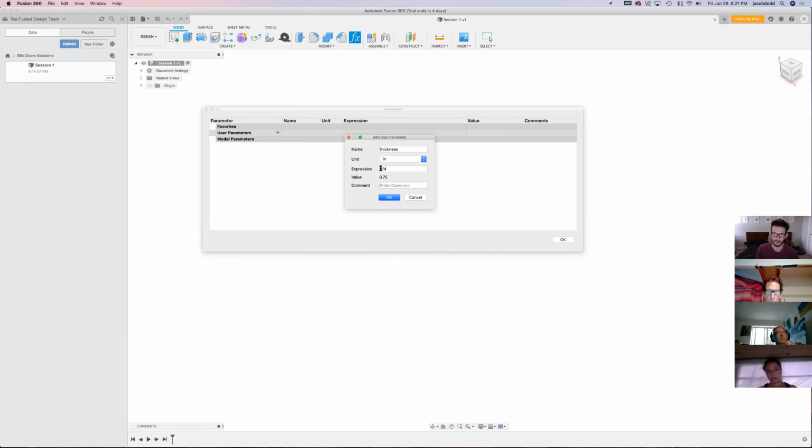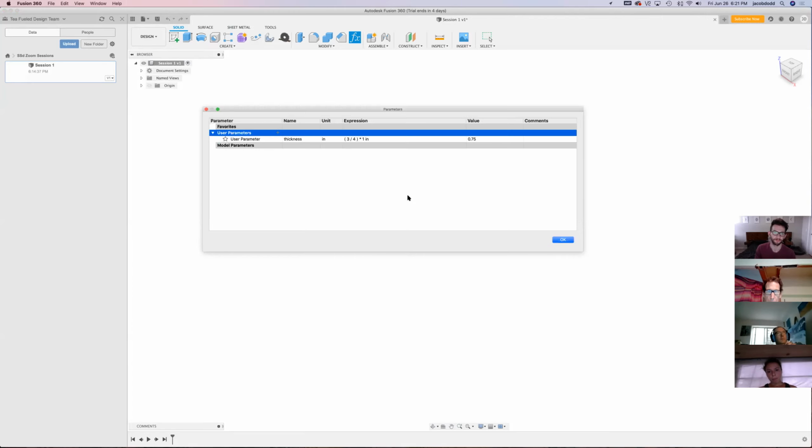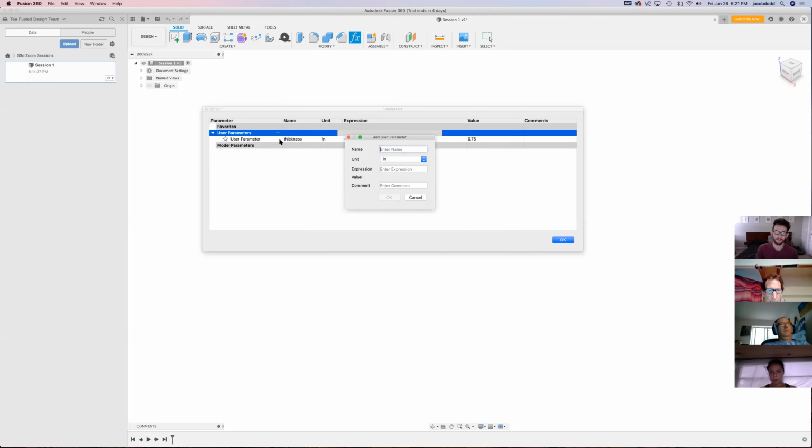So for us, I was going to do 3/4 of an inch for the thickness. I don't know if I mentioned, I don't think I did actually, we're just going to sort of design a simple shelf with 2 brackets, a backer board, and a top. That'll kind of get us into some curves, rectangles, measurements, the rest of it. So we have thickness, and then we're going to think about what other measurements we'd need to know for